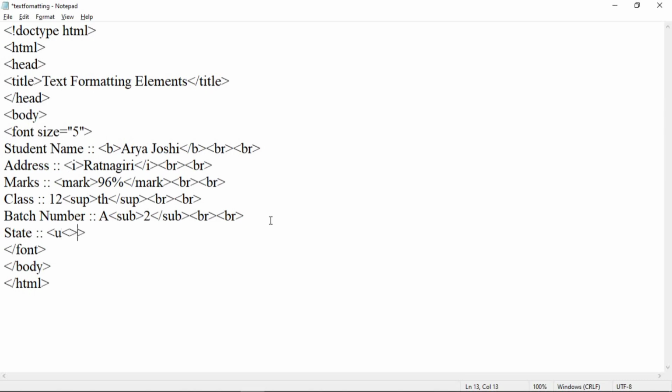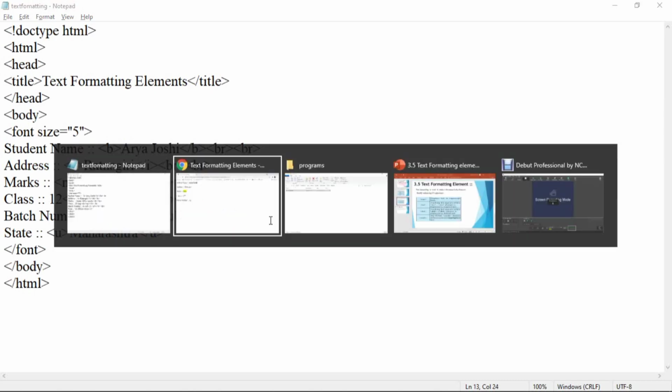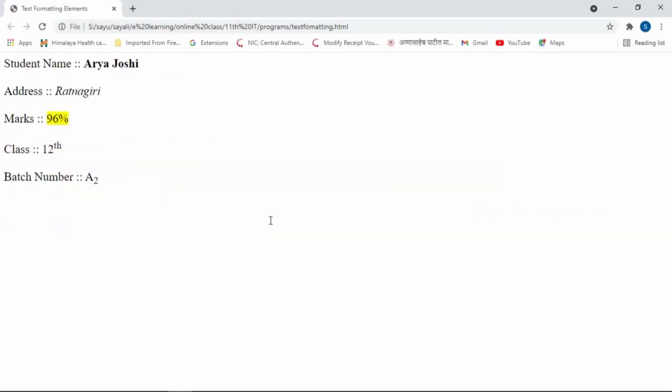Then here add a U tag, start and end of U tag. Within that add here state, suppose Maharashtra. Now again save this program, Alt tab, refresh the page by pressing F5 and state is Maharashtra.